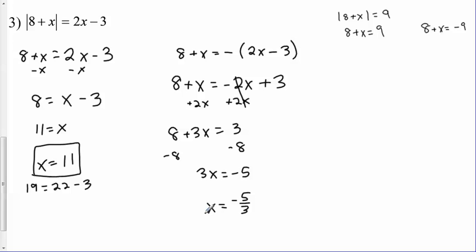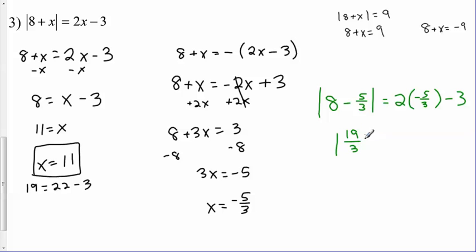Now we have to plug it in and check our math. Luckily I saved myself some room over here. I have the absolute value of 8 plus negative 5/3, so 8 minus 5/3, equals 2 times negative 5/3 minus 3. Well, 8 is 24/3. So 24 minus 5, I have the absolute value of 19/3 equals negative 10/3